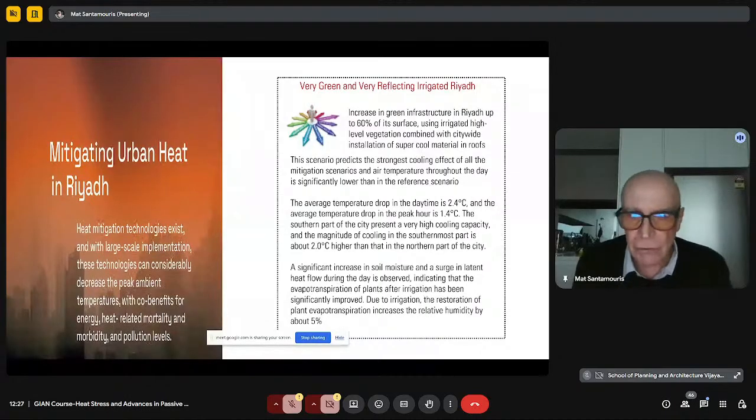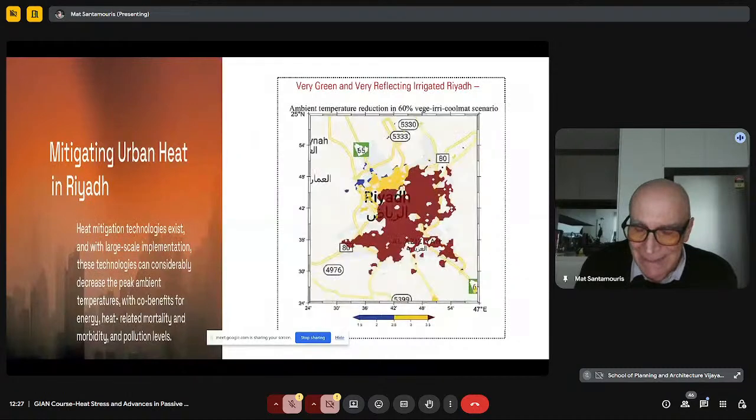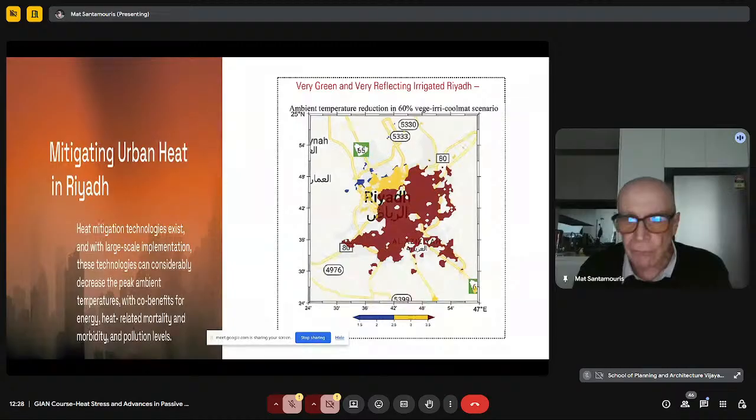So we combine solutions in specific parts of the city, trying to decrease the release of the sensible heat by using supercool materials, and increase as much as possible the use of latent heat by using irrigated real greenery. In this case, we have a maximum temperature reduction of the city close to 4.5